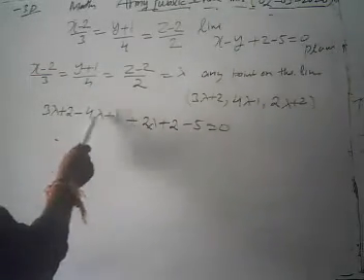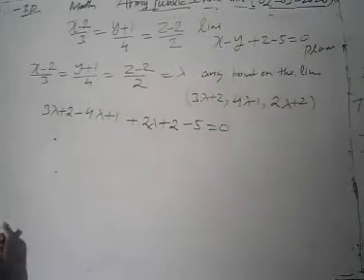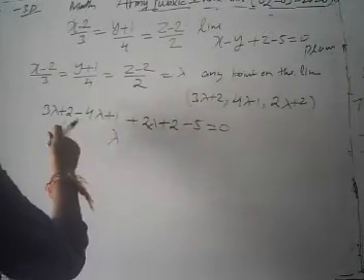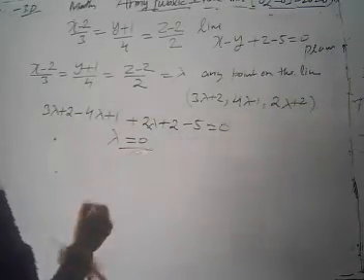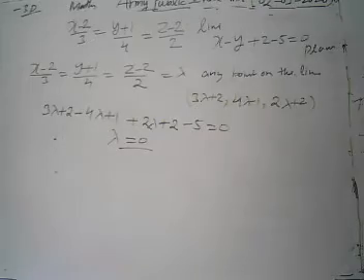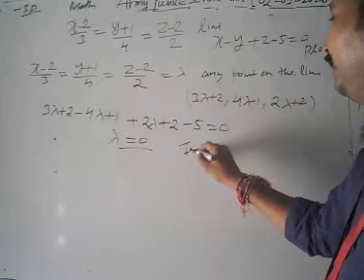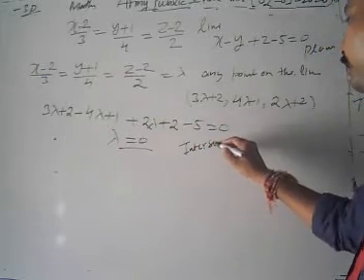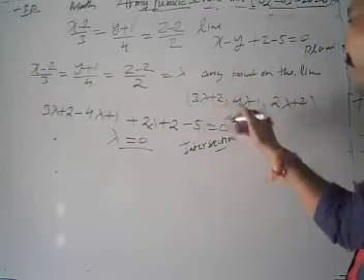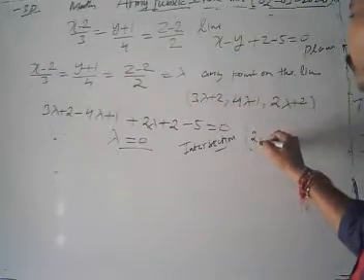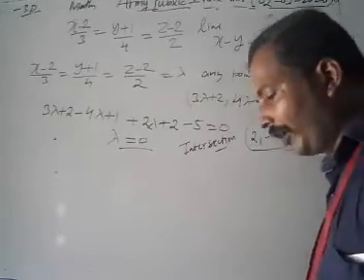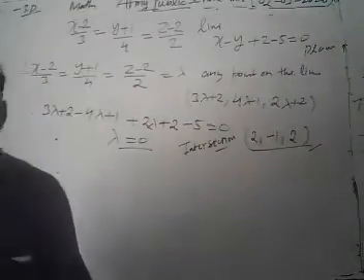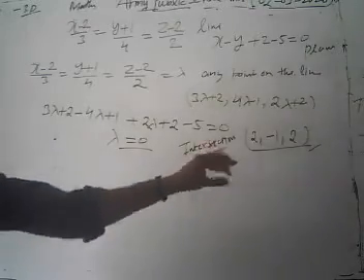Now it's 3 lambda minus 4 lambda minus lambda plus 2 lambda. Then we have lambda here, and 2 plus 1 is 3, plus 2 is 5. 5 minus 5 is 0, which means the value of lambda is 0. Now we have the value of lambda as 0. Then what is our coordinate of intersection? Our intersection coordinate is given by (2, 1, -2). This is our first requirement, because we have to find the coordinate of intersection.